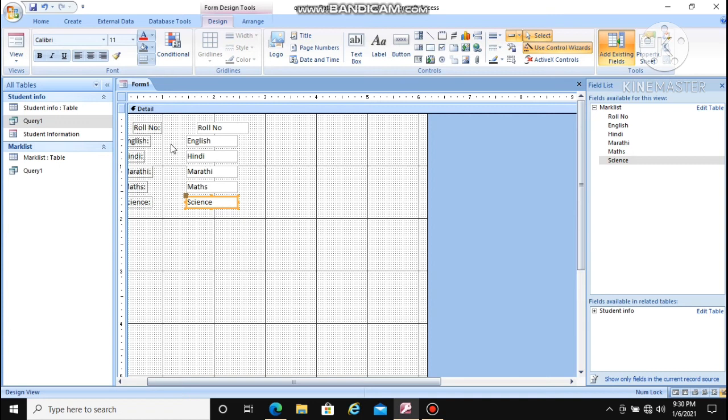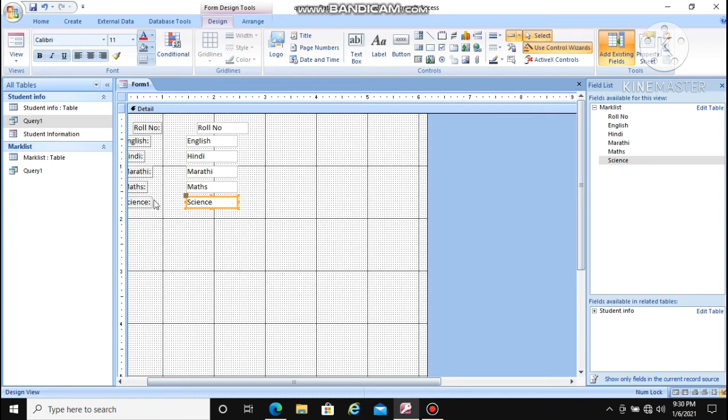Now you can see the difference in this. For each field we have added here, we have done it manually, but in the form wizard everything is ready-made, where you just have to add the content and it will automatically add it to your form. The form is colored, the form is formatted, everything is ready to work on. But here we have to add everything, we have to design it. That's why it is called form design.